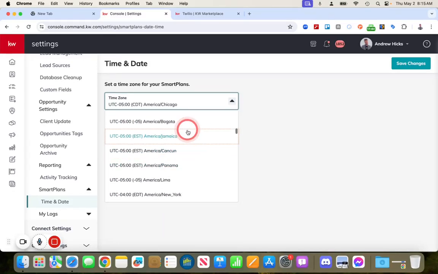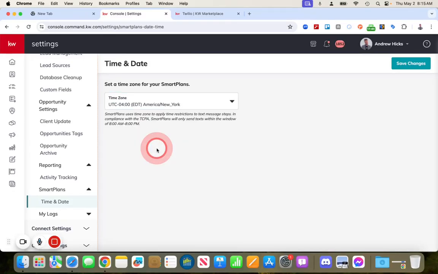Where is Eastern? There we go. So this is, as you can see, this is important. Smart Plan uses time zone to apply time restrictions to text message steps. In compliance with the TCPA, Smart Plans will only send text within the window of 8 a.m. to 8 p.m. So definitely important to set this correctly. This may be something you may want to pause this video and check right now, because that can be